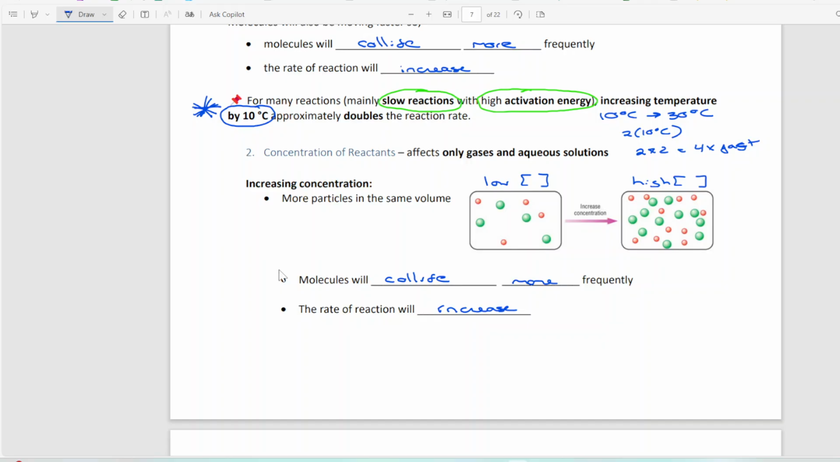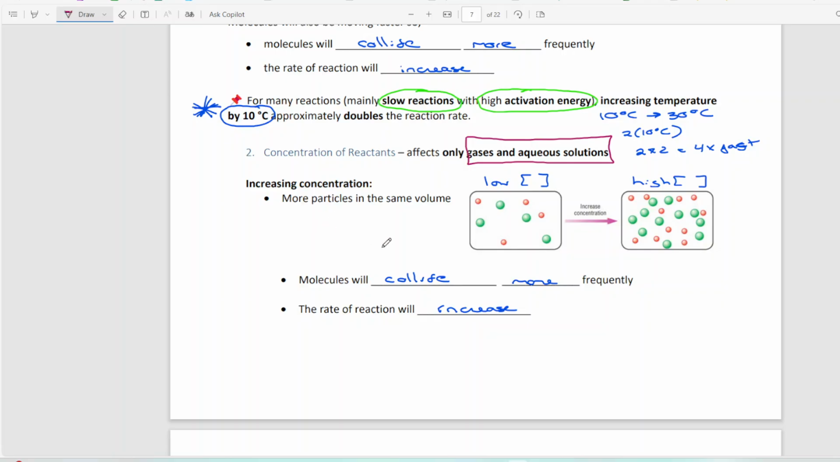Those are your two sentences. Now there is a really important statement here: this only works with gases and aqueous solutions. If it is a solid, throwing in more solid is not necessarily going to increase the rate of reaction. There's other things that we can do with solids. But when we're talking about gas and aqueous solution concentrations, then you can increase the concentration to increase the reaction